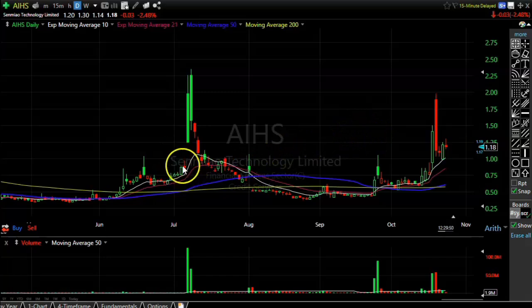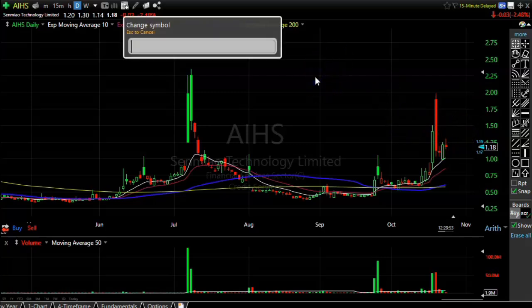But this is what I'm looking for here, guys. We had this nice pop back above it on that rounding bottom, starting to hold, and then we got this green bar up, and then we got the explosion up. I think if AIHS can hold, serve on this white line and get another green bar up, we could be moving higher next week. Okay, and the next one I want to look at is one that I mentioned in my last video,